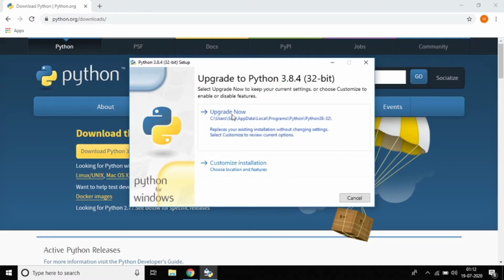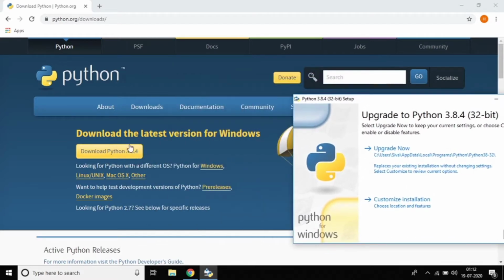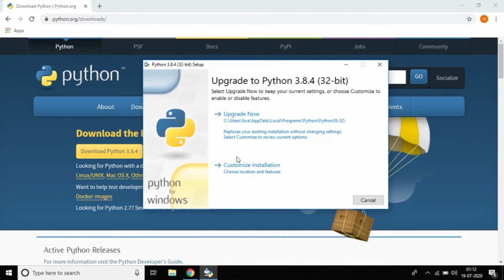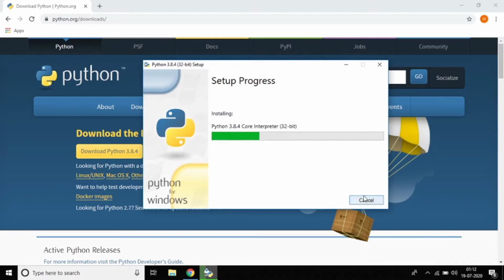Upgrade Now automatically takes everything and replaces the previous installation. I previously installed Python 3.6 or something on my laptop, and now I want to upgrade the version, so just go to Upgrade Now. Since I already have Python, it is better to use Upgrade Now.